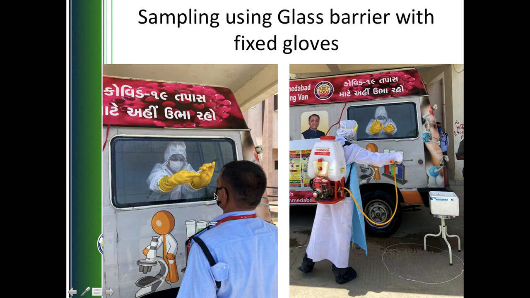But if there is a glass barrier in between, then how will the person on the other side of the glass collect the specimen? The glass barrier has yellow colored gloves, as shown here, fixed to the glass. The glass will have an orifice there, sealed with glue. So the person collecting the specimen will insert their hands through the gloves and then they can collect the swab specimen. Once the collection is done, another health worker will sanitize the entire thing, and this is how